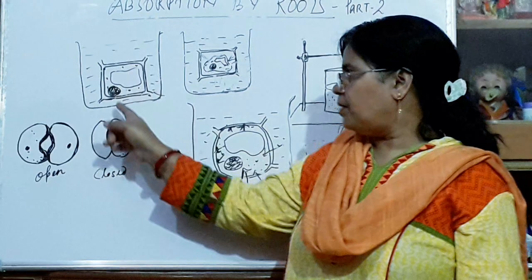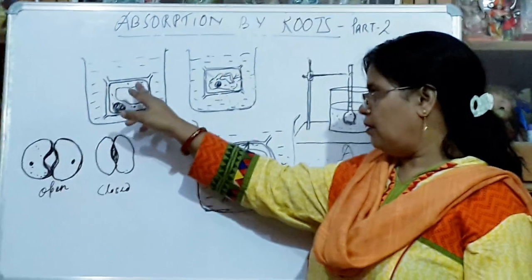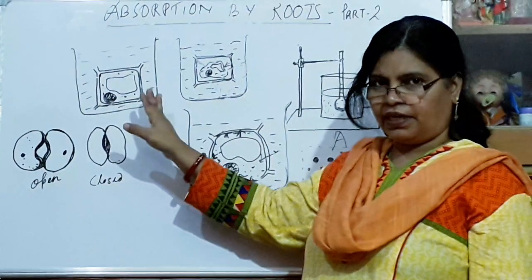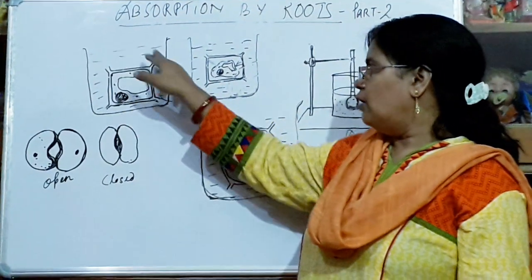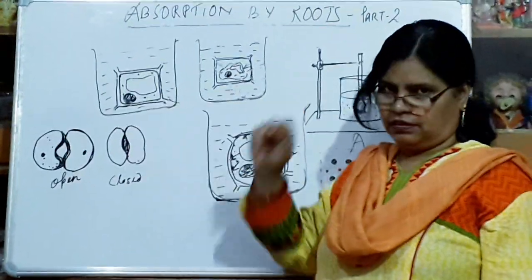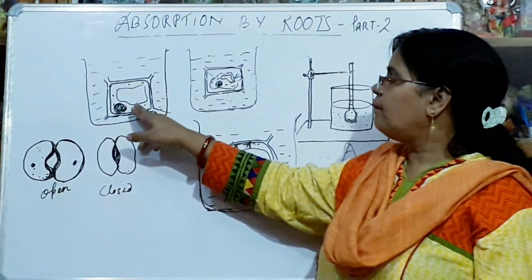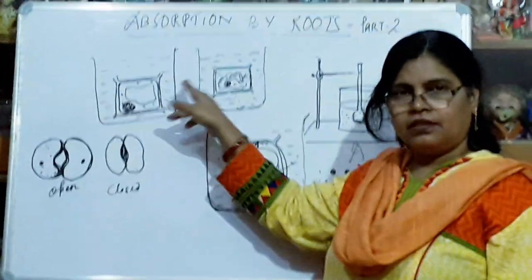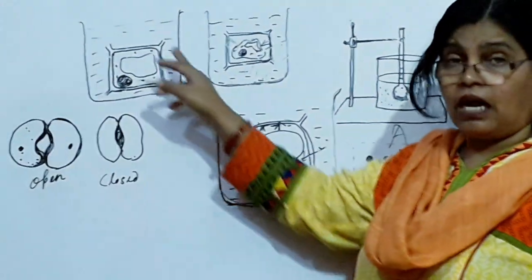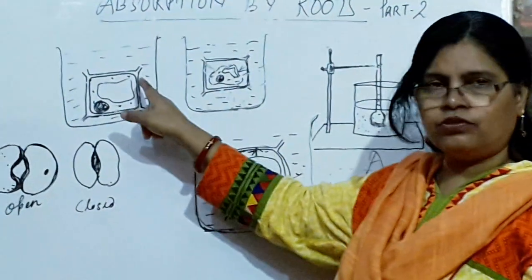Here in the first figure the cell size is normal, as we are seeing a plant cell containing a vacuole, nucleus, cytoplasmic area, cell wall and cell membrane attached with each other, and the outer liquid is not changing the shape or size of the cell. The cell is maintaining its size. So the concentration of the cell sap and the outer liquid are both the same, and this type of surrounding liquid is called isotonic solution. The outer solution is an isotonic solution.